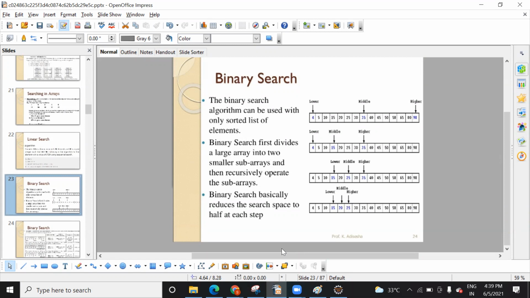So there are three cases: best case, worst case, average case. Best case means you get an element at the starting point itself. Suppose you want to search for an element and you get it at the first index, so that is the best case. Worst case means you get the element at the end, and you need to check every possible element of the list. An average case means you get it somewhere in the middle.